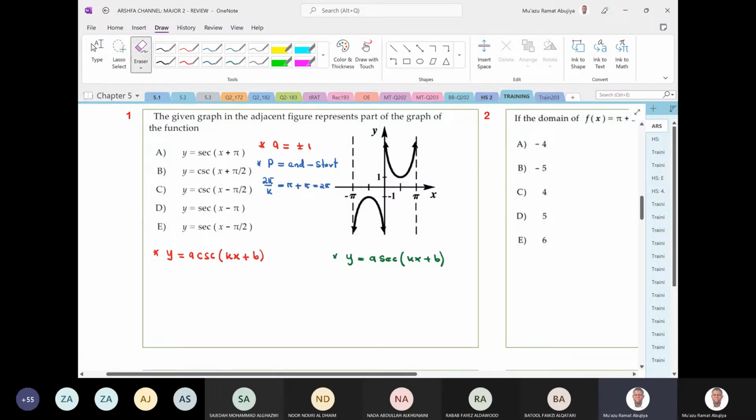Now, let us observe. When we say 2 pi divided by k is equal to 2 pi, I can write it like this clearly: 2 pi over k is of course equal to 2 pi. So what does it mean? It means that our k shall be equal to 1. So we have good news. K is equal to